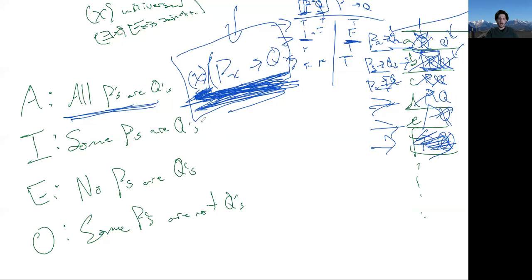The I statement is just some P's are Q's, and you might have guessed, here we're going to use the other quantifier. But here, we're actually going to use the conjunction. Because here, we don't want to use the conditional, because that'd be weird. I'm trying to say some dogs are brown. I don't want it just to be that a conditional can be true just as long as, if nobody in your domain is a dog or is brown, the conditional is automatically true, right?